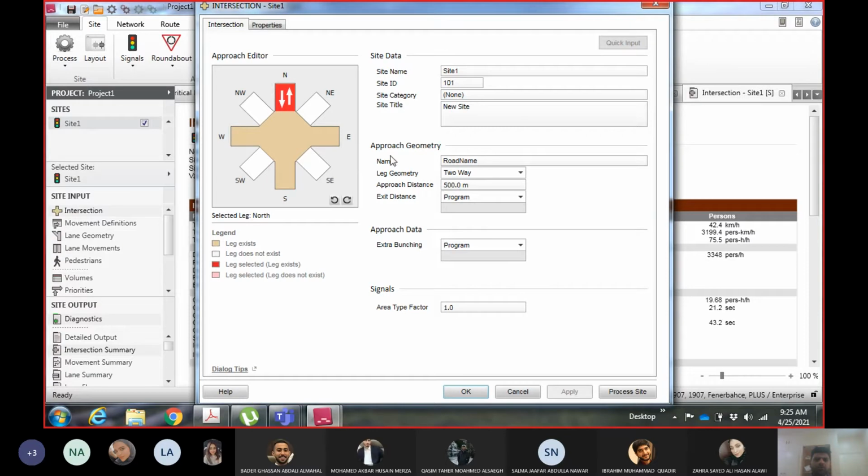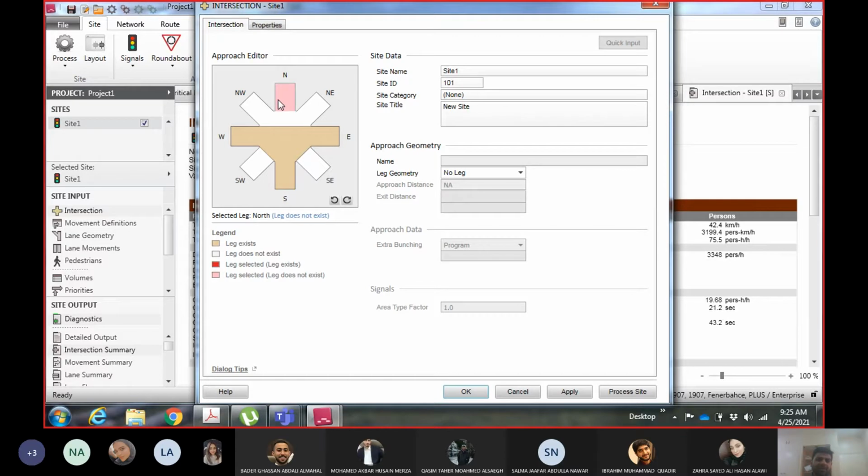Then you go here to leg geometry, this option, and you say no leg. So it will remove the leg. Now you can still see it in pink color. It is still selected, but it is not part of the intersection.